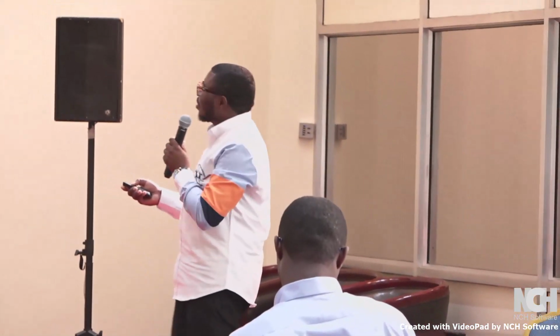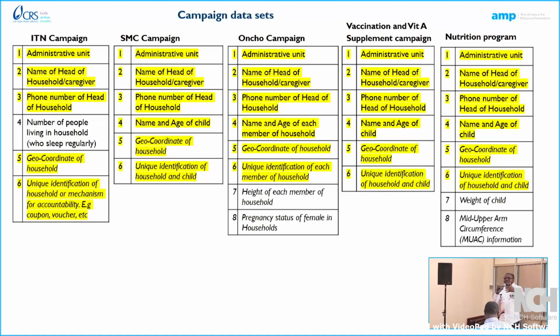So now you would see that UNCORAS's campaign as well would require the age of everybody living in the household. And the reason is because you don't give the drug to children that are under 5s. So if you don't receive the age of everyone in the household, you will not be able to identify that group and exempt them.